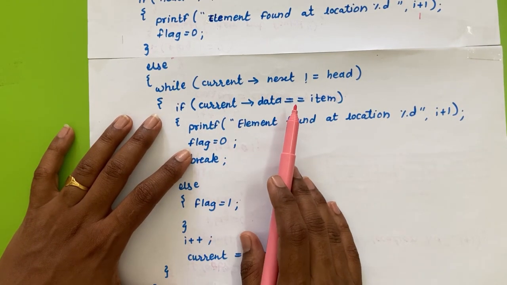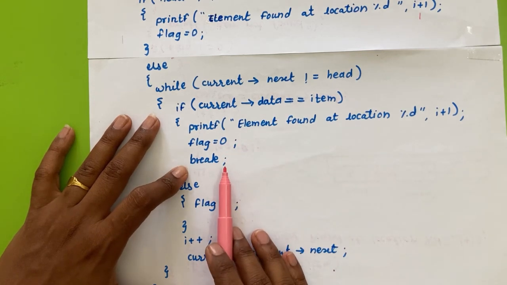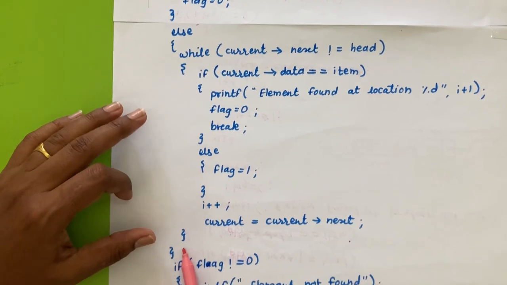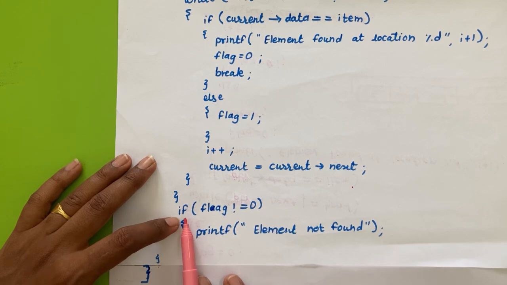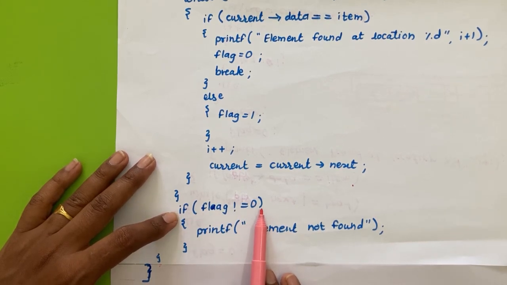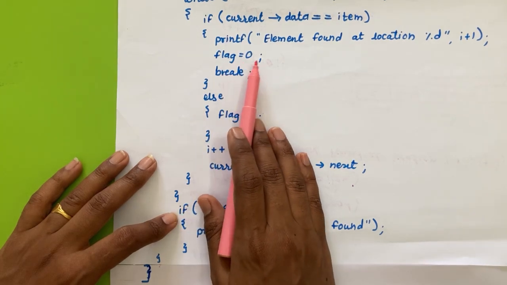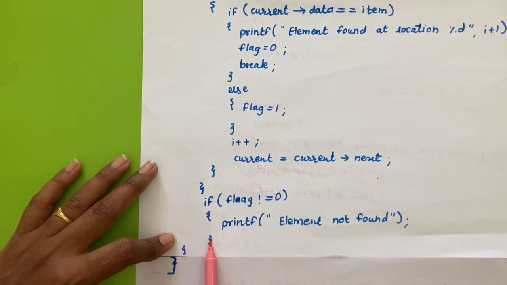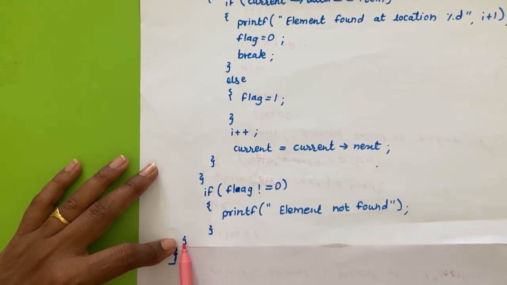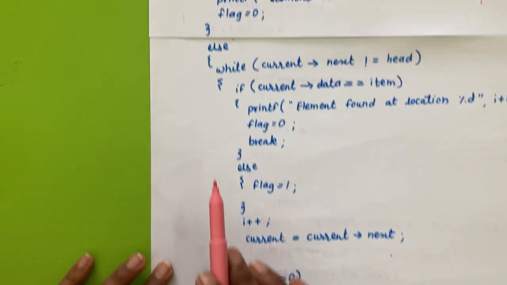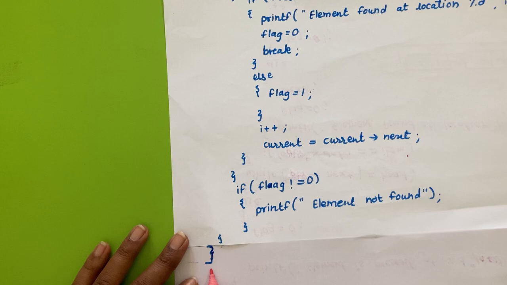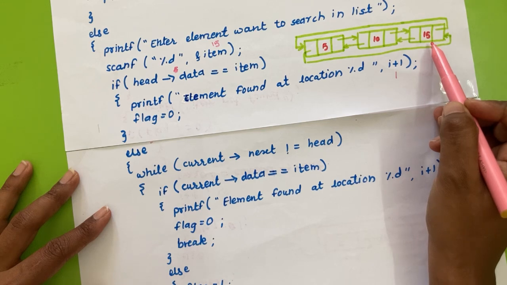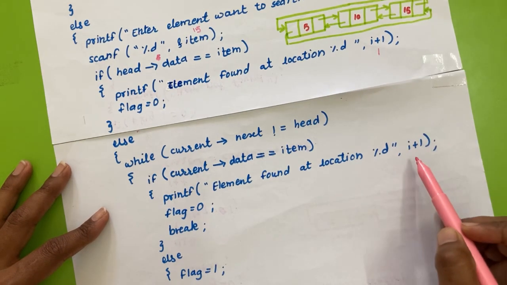Last time we have set the value of flag as 1 and it will break the while loop, so it will come outside this while loop. Okay, so after the while loop we have the statement if flag is not equal to 0, but अभी value of flag is equal to 0, so it does not satisfy this condition, so it will come out of this if, and here this curly brace is for this else part. Here also it will complete the function void search. Okay, so at last we have got the element present at third location and it has printed its location.